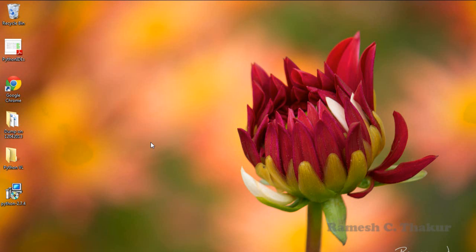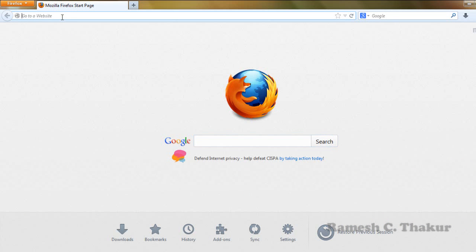Let us start with the installation of the Python interpreter. The first thing we need to have is the Python interpreter. You have to download the Python interpreter, and to download it, open your web browser, and in the address bar write